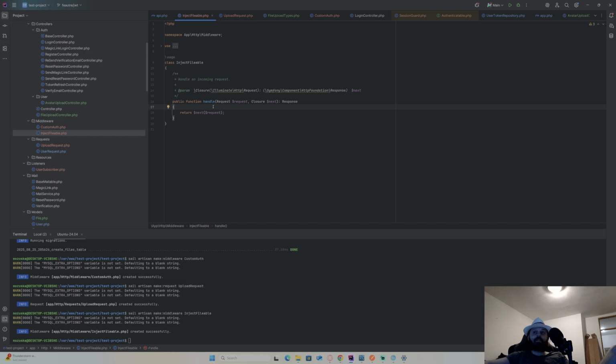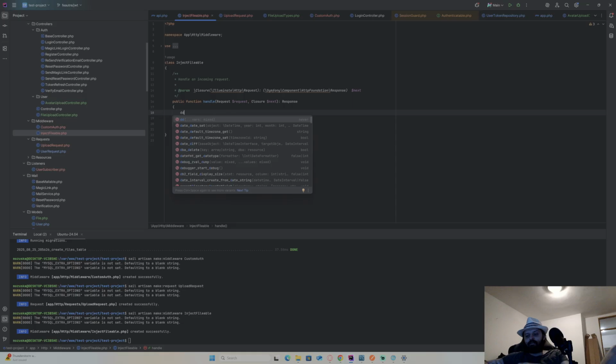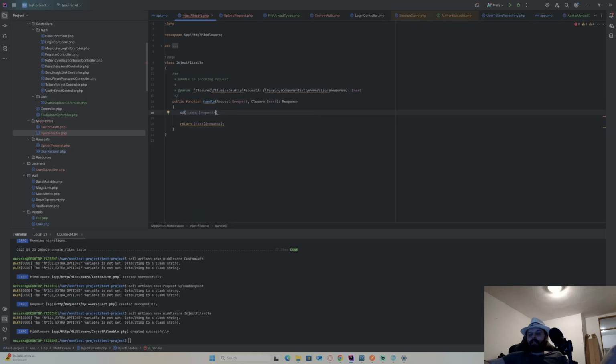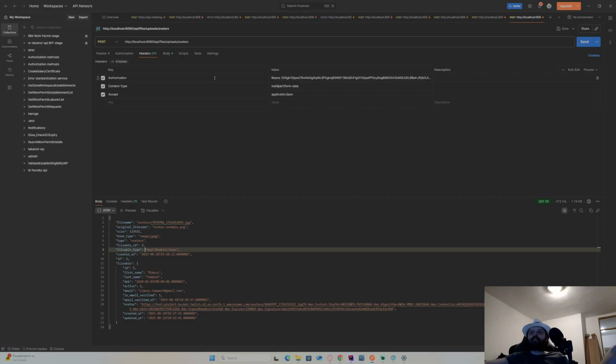So let's first play with the DDs. Let's just DD request route and see what we'll find there. First, just DD this in this handle, and this should work because it's in handle, right?